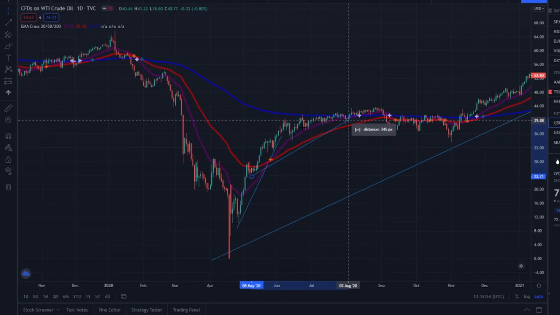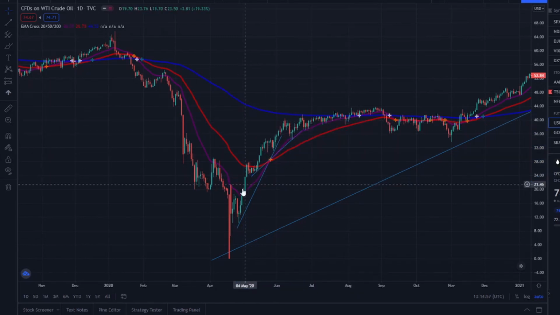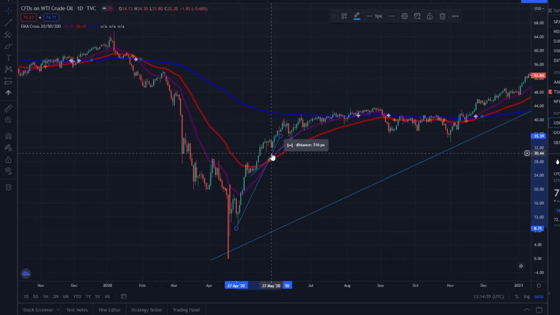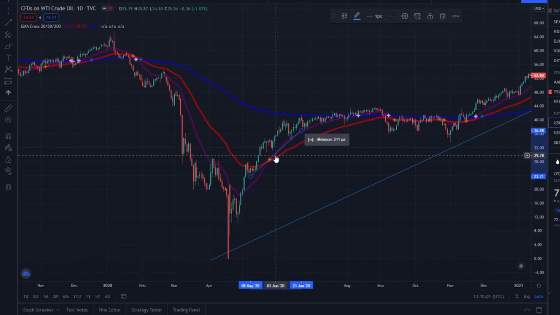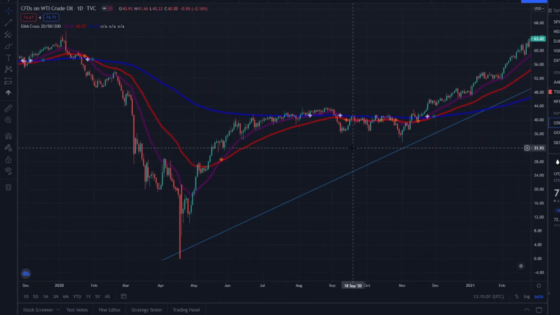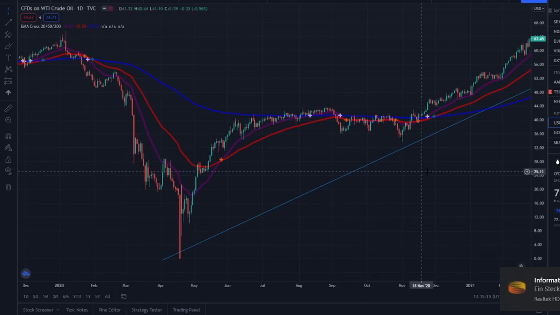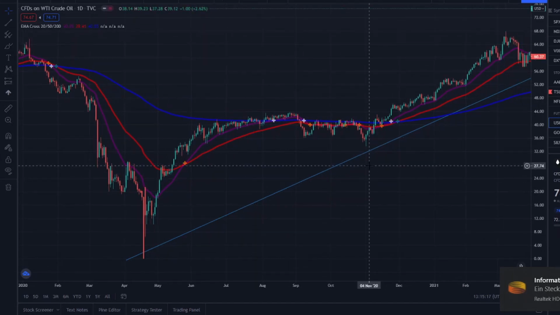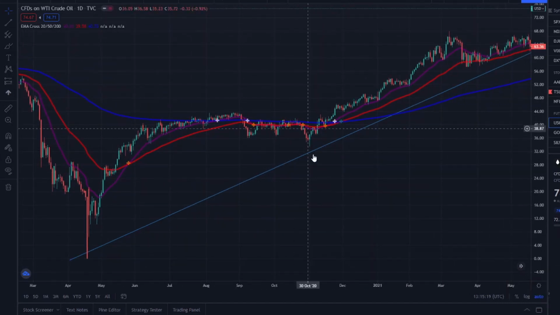Depends how you draw your lines here and there. But at the same time, we were constantly below the 200-day EMA. So we want to determine the uptrend simply by looking at the